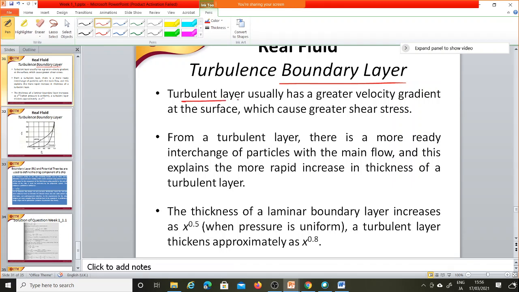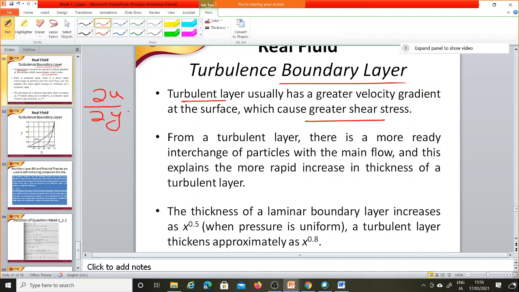But in the case of turbulent flow, the boundary layer that we consider has a greater velocity gradient at the surface, which causes greater shear stress. So it means that if the change in velocity is too much, then we have more shear stress. It's common sense that in laminar flow you will experience less resistance. In turbulent flow you will have